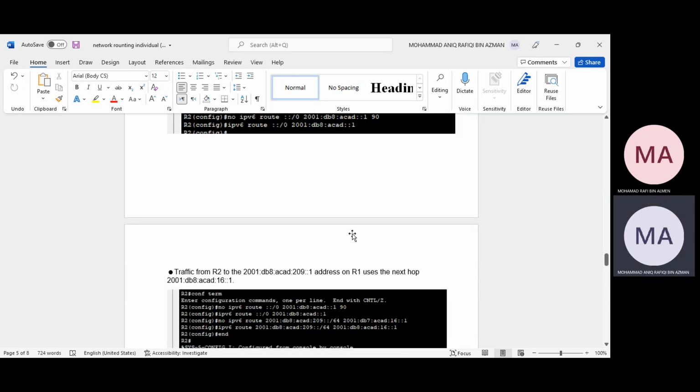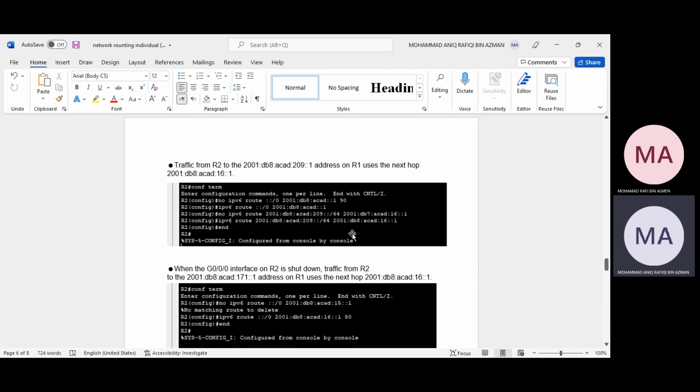The next question is traffic from R2 to the 2001:DB8:ACAD:... address on R1 uses the next hop 2001:DB8:ACAD:16::1.